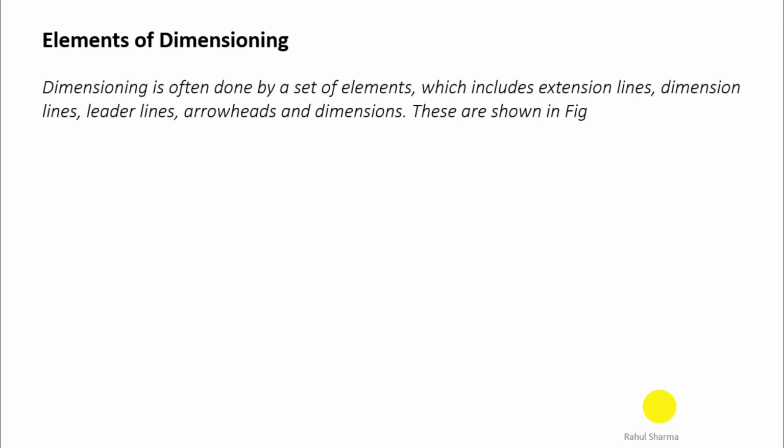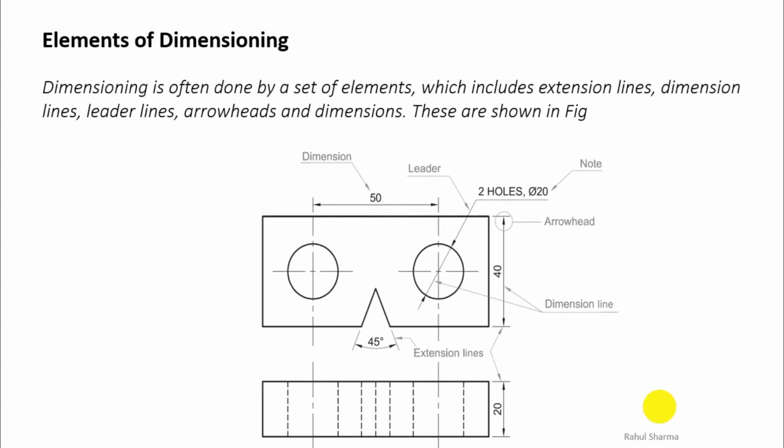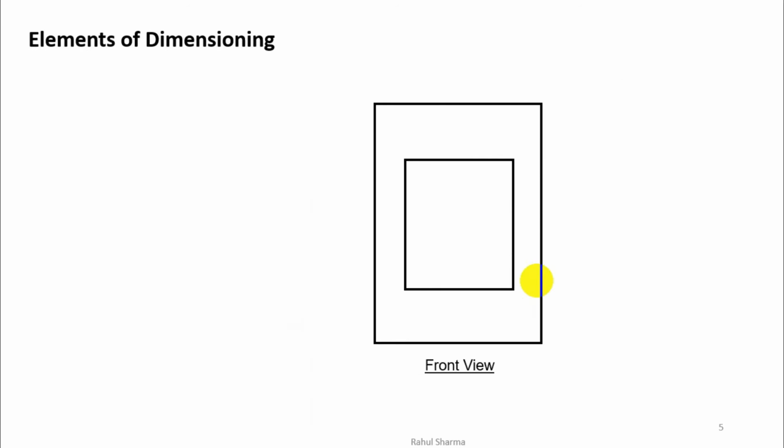Now what are the various elements of dimensioning? Elements means when we do dimensioning, there are few terms which we use, and this is a very important topic. Look here, all these are the elements of dimensioning, like extension line, dimension line, arrowhead, nodes, leader line and all. I will explain this one by one. The main object which we have drawn should be drawn with the help of object line. Object line must be thick in type.